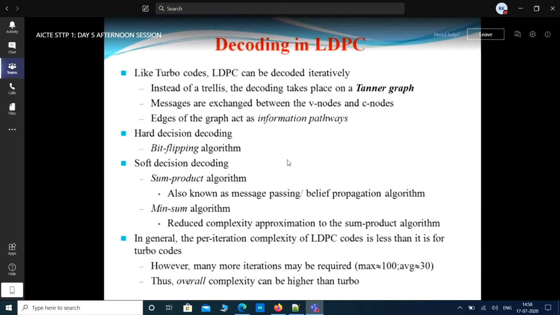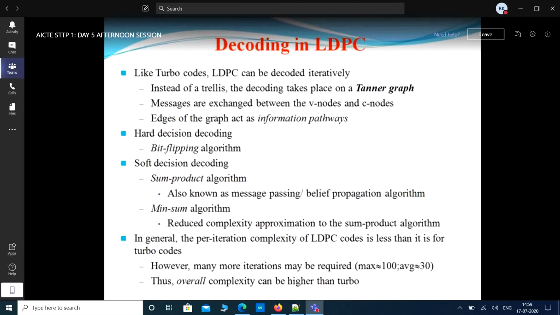And decoding in LDPC codes uses the min-sum product algorithm, the bit flipping algorithm, and the Tanner graph. Now I will explain the Tanner graph only. In recent years, researchers have been using the Tanner graph. It is an iterative decoding technique, easy to understand, and a tractable decoder. That's why I will explain the Tanner graph decoding technique.